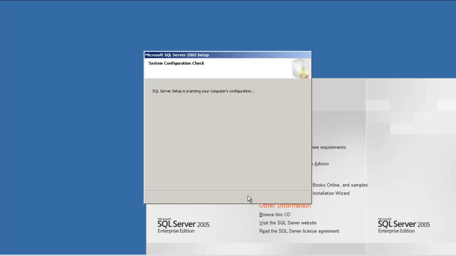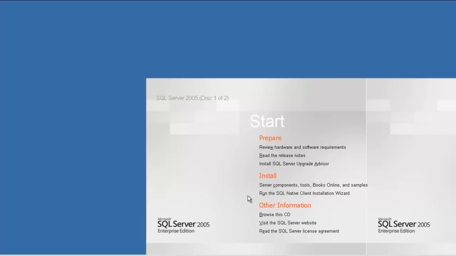What it is usually looking at is your hard disk space, memory, and CPU processing power. These are the things it is looking for, along with other hardware such as the display. Once it has figured out everything, it will install SQL Server.